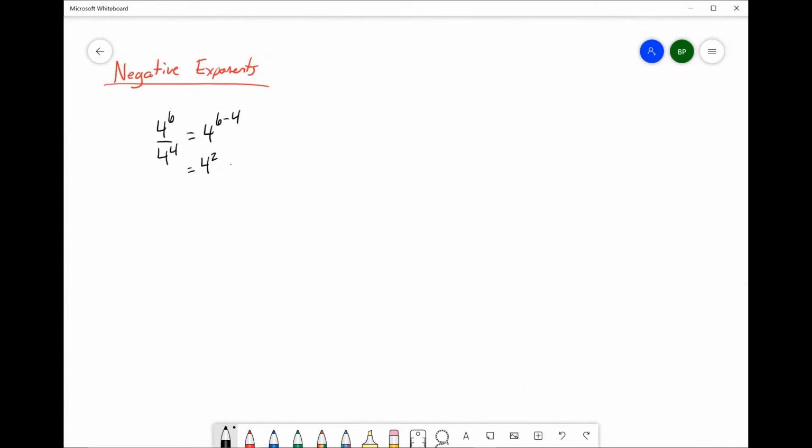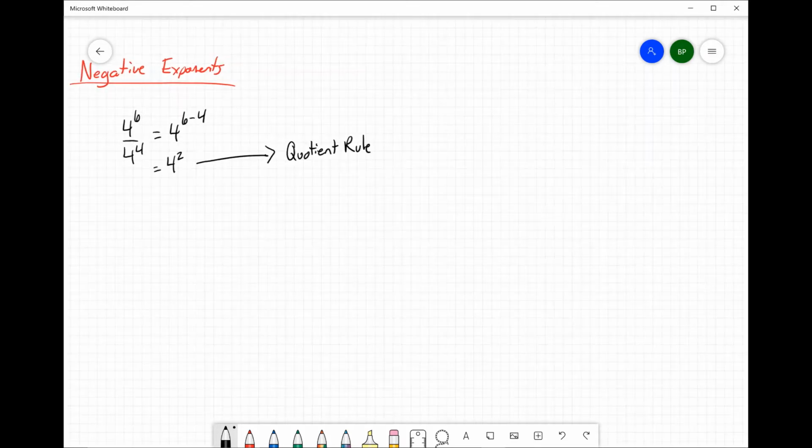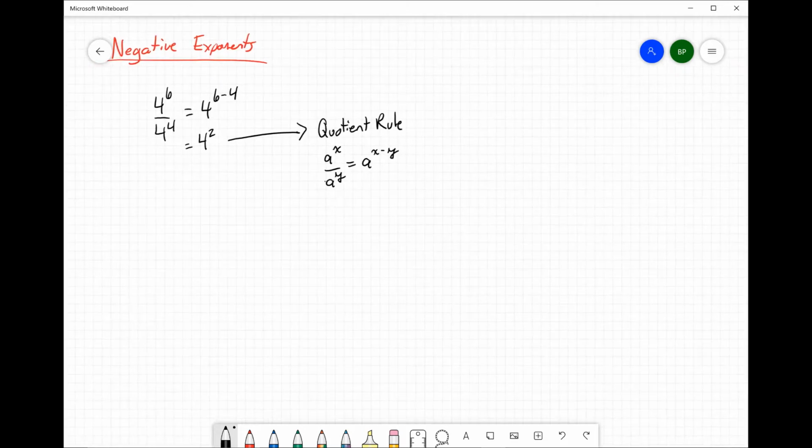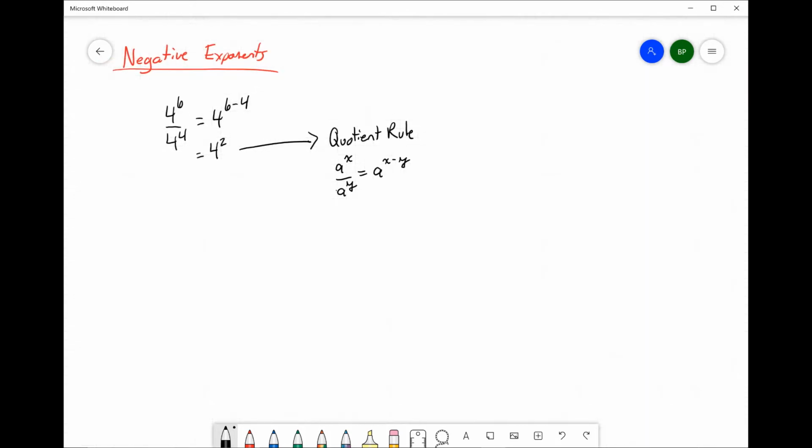Now we knew how to do that because of the quotient rule. Quotient rule states a to the power of x over a to the power of y. If we have a quotient with the same base on the numerator as our denominator, then our solution would be to subtract our exponents. We've been working with this for a few days, so we should all be pretty comfortable with our quotient rule. Now, how about